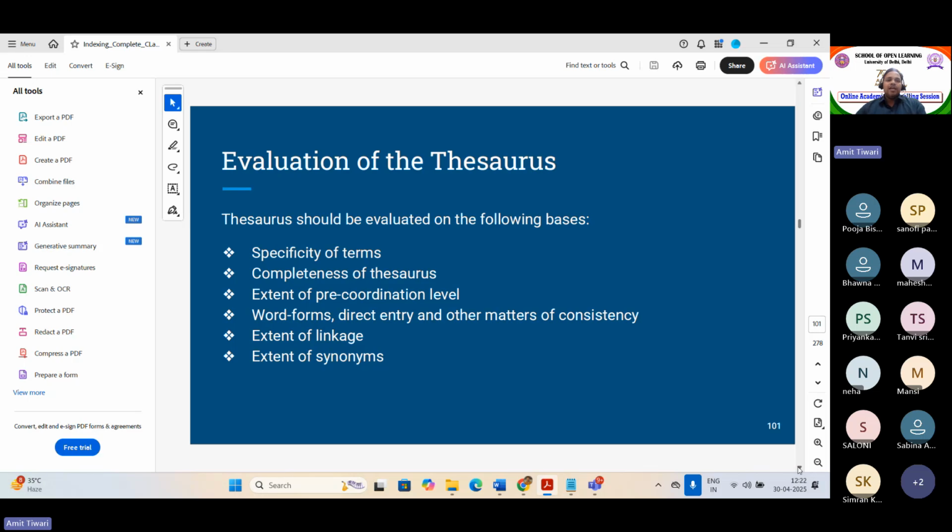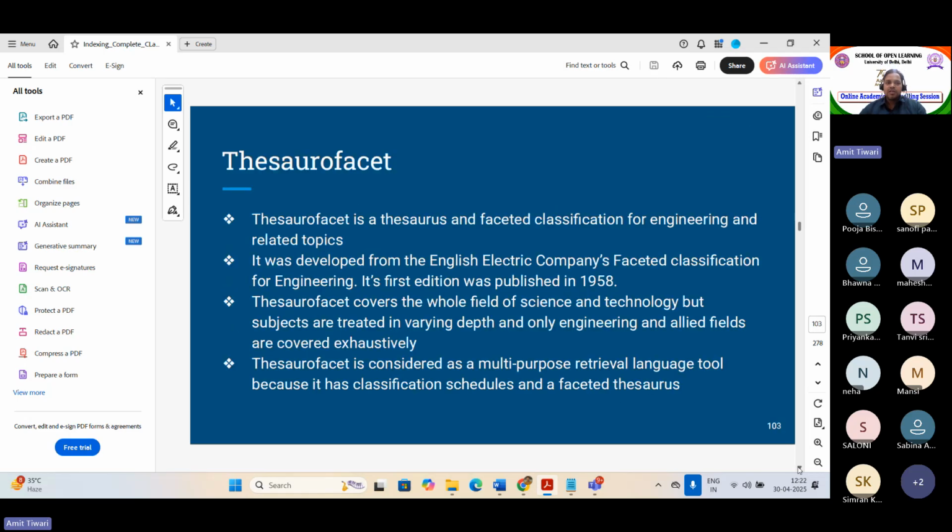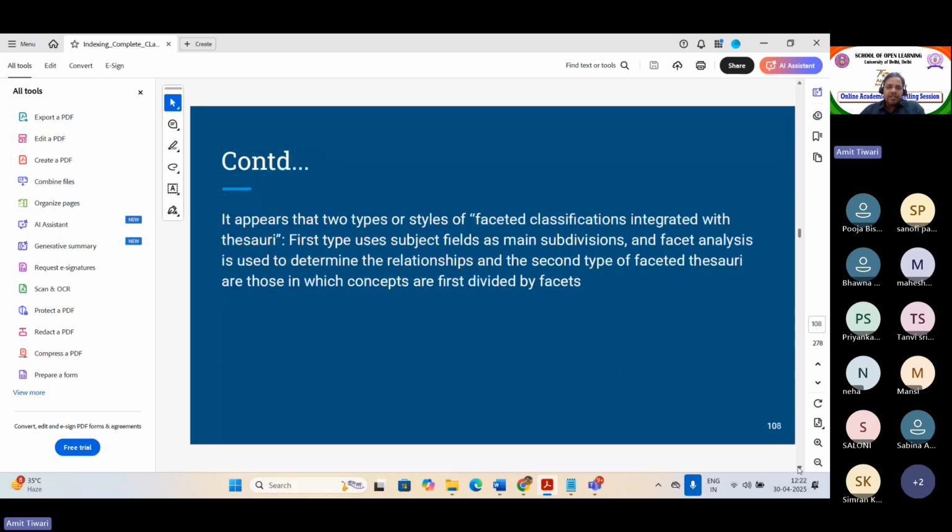So if you want to evaluate the thesaurus, there can be some criteria, for example, how specific the terms are in the thesaurus, completeness of the thesaurus, extent of how they are pre-coordinated, how word forms are derived in the thesaurus, extent of linkage, extent of synonyms. So these are the major things which